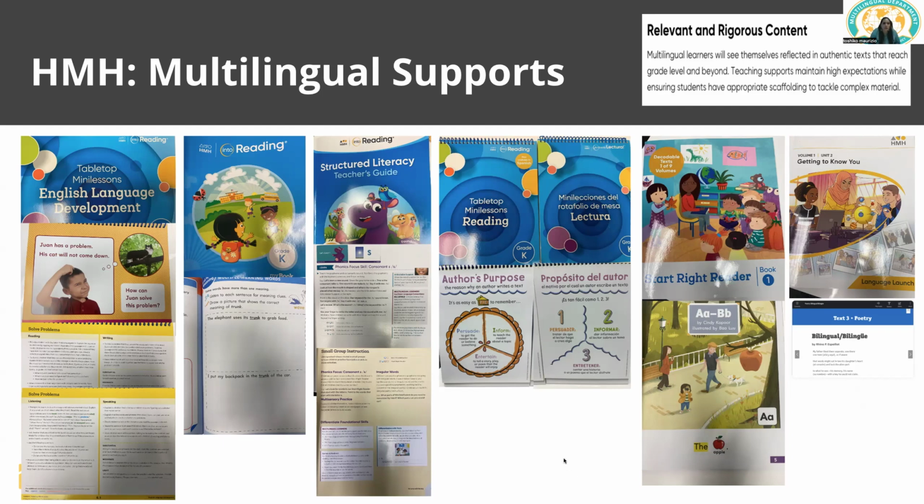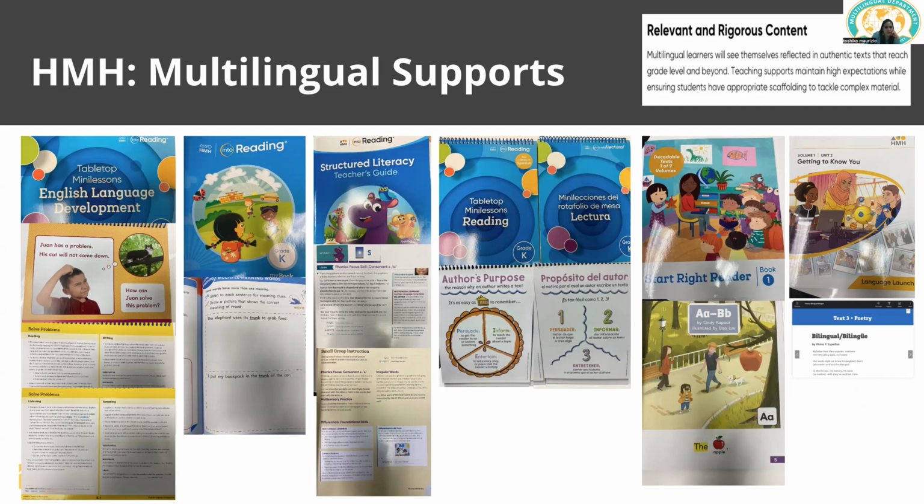For reading, all of the students will have these reading consumables. As I'm looking through all of these pages for what could be the multilingual support, each of these lessons has multiple meaning words. They're learning trunk, for example, and you can have students look at different meanings for these words. This is also an area where you can have them writing that word, showing them a visual of that word, or even writing the word in different languages. It's a nice way to support or scaffold for your multilingual learners.